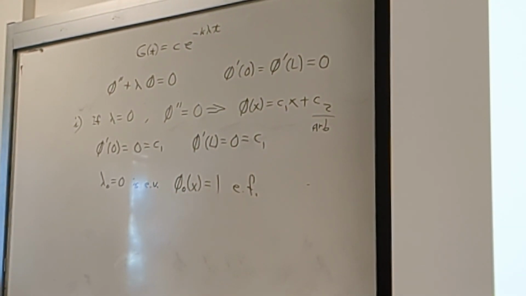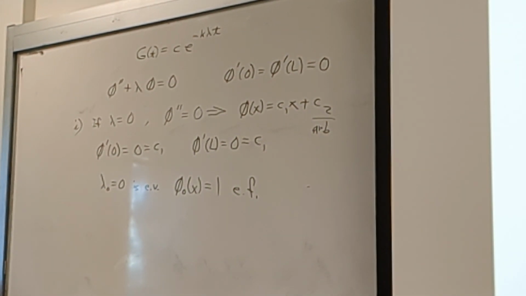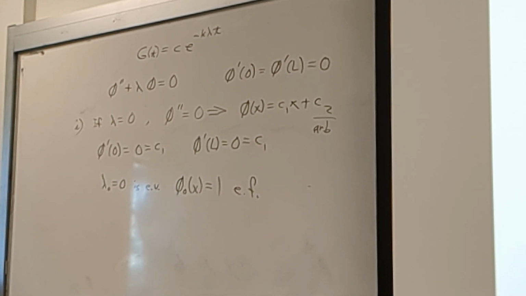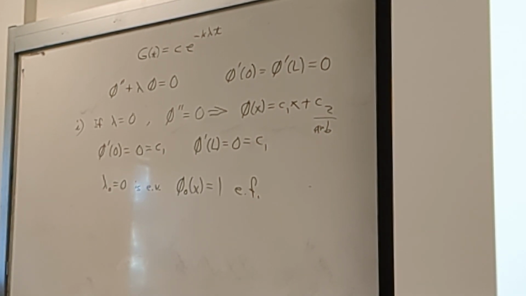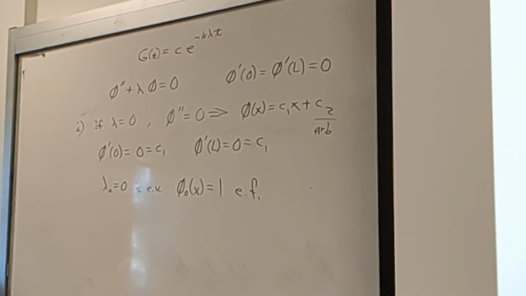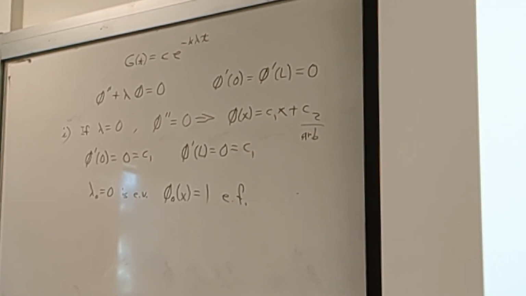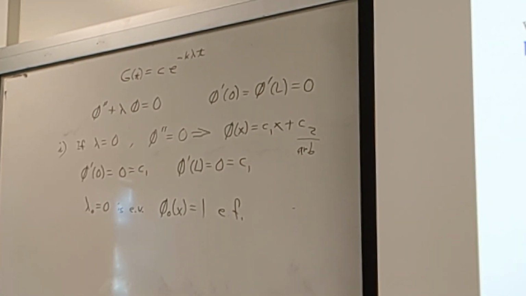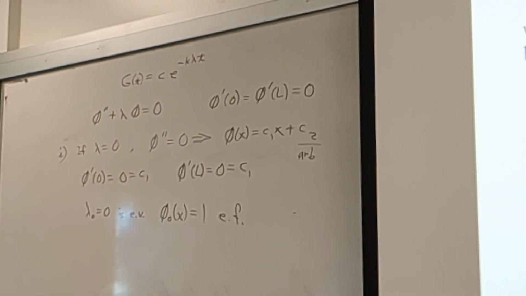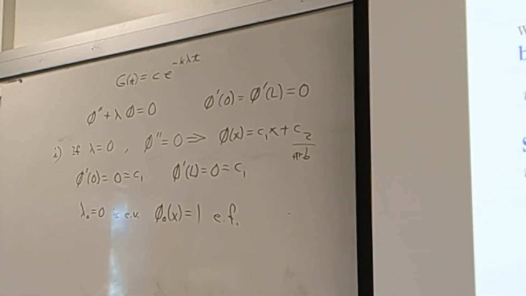Yes? Is it not just sufficient to say that C2 is arbitrary? Because at that point, what I do want is my set of eigenfunctions, and I like to normalize. Well, it's actually not normalized, but it's fine. But the way you say it,